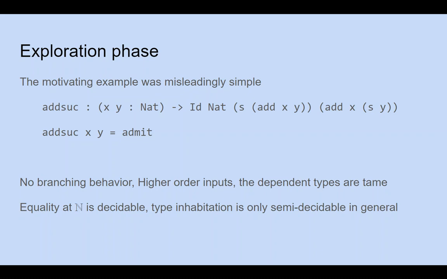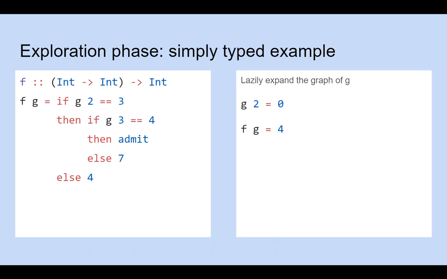So to look into this, I'm going to give another example at simple types. If we want to explore this program and find the admit being used, one way to do it would be to lazily expand the graph of all the inputs to this function. So we have a function f that takes in g. If g given 2 equals 3, we'll do some stuff. If it's not equal to 3, we'll give back 4. If g given